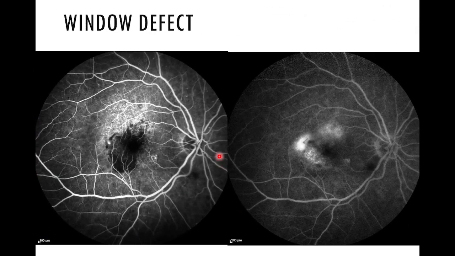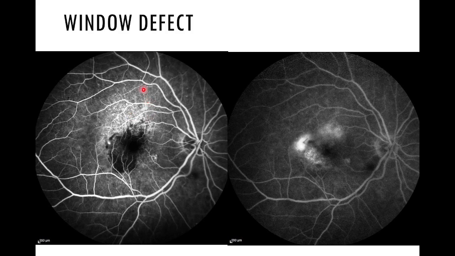So see this example here. This is in the late venous phase. So this is in the late recirculation phase because we can see the disc here. So leakage from the disc or staining of the disc is seen here. Disc staining. So late recirculation phase, disc staining is there. So see this particular area. We can see multiple diffuse hyperfluorescence, which gradually disappears in the late phase. We can compare these two areas. So this is suggestive of the window defect.